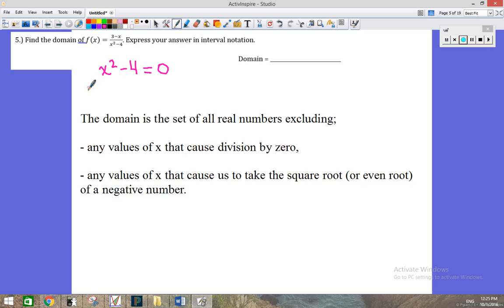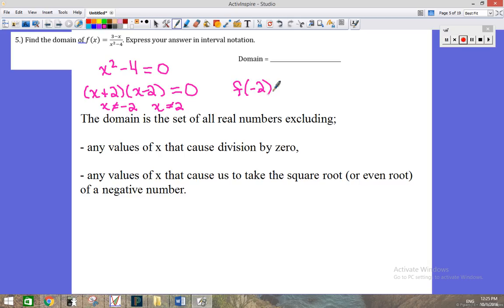If I factor this x squared minus 4, I can factor it to x plus 2 times x minus 2. So I can see that x equals negative 2 will make this factor 0, and 0 times anything is 0. And x equals positive 2 will make this second factor 0. Those two values I want to exclude from the domain, because if you try to evaluate this